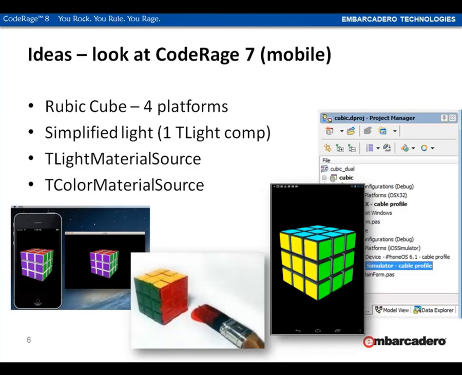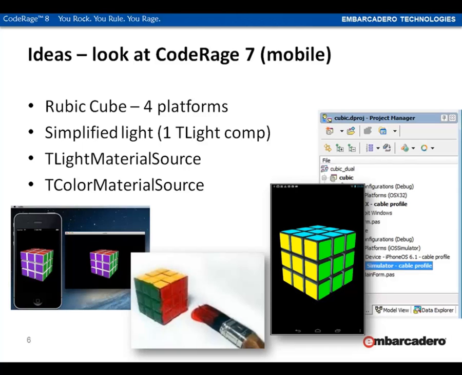When migrating from XE4 and a pure iOS application to XE5 and the Android version, I had to change the project. The point is that Android-based devices are not generally so strong in rendering capabilities. In mobile 3D apps for Android, we should use the only source of light, the TLight component. I could keep the iOS version intact with 4 lights and TLightMaterialSource components for faces.